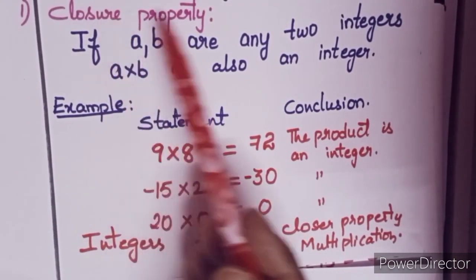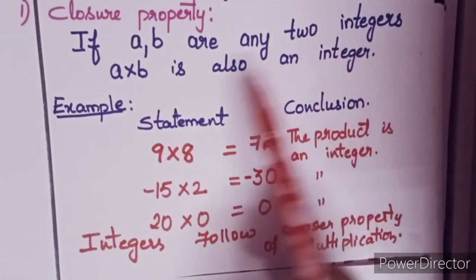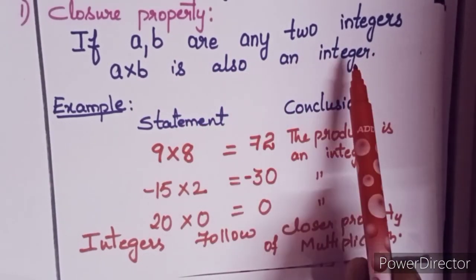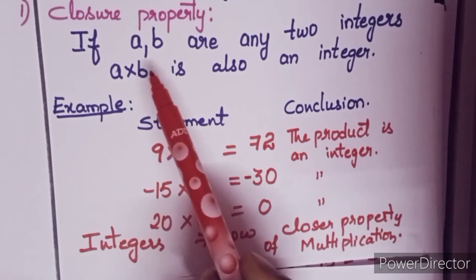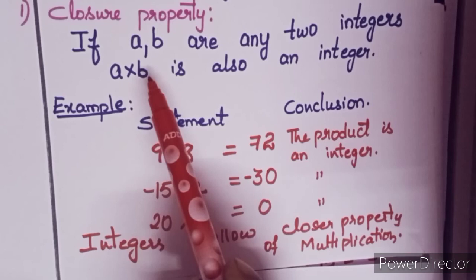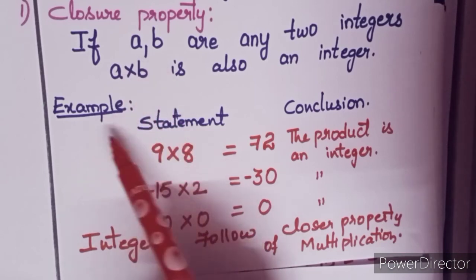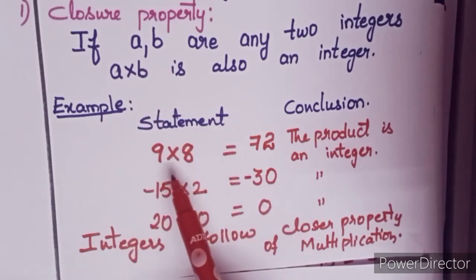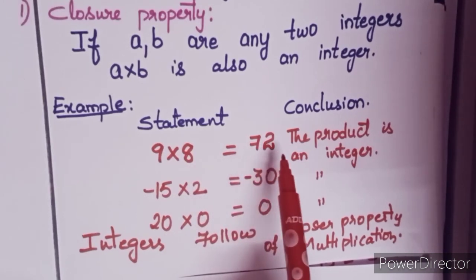First property, children, closure property. If a, b are any two integers, a into b is also an integer. Children, a into b is the closure property under multiplication. What did you learn in addition closure property? Yes, a plus b. Now a into b. Let us take the example, children. 9 into 8. What is 9 into 8, children? Yes, 72. So this product